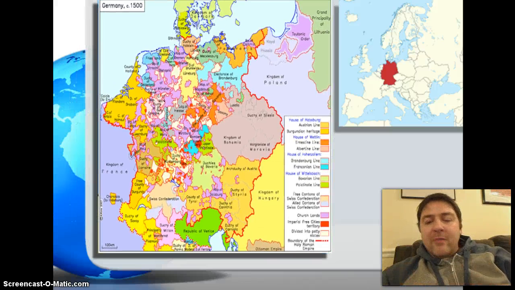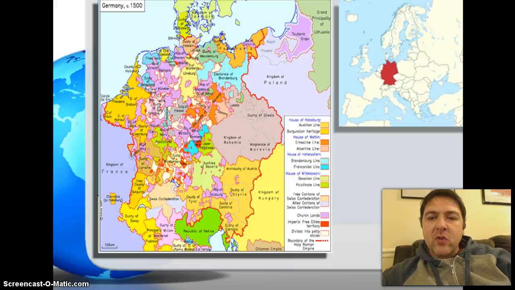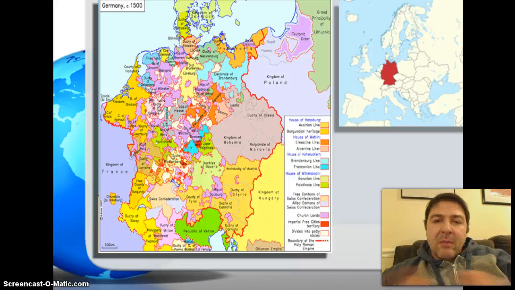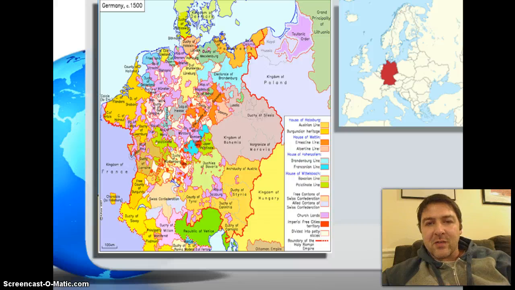Going all the way back to 500 years ago, around the year 1500, we see Germany here divided up into hundreds of little tiny states. Keep in mind, modern-day Germany is roughly the size of Texas. So picture Texas divided up into over 300 little states, and imagine how tiny each of those on average would